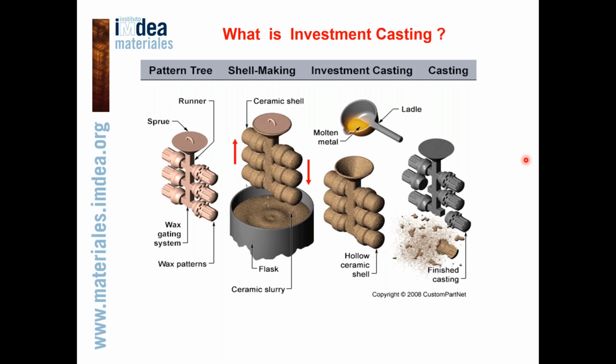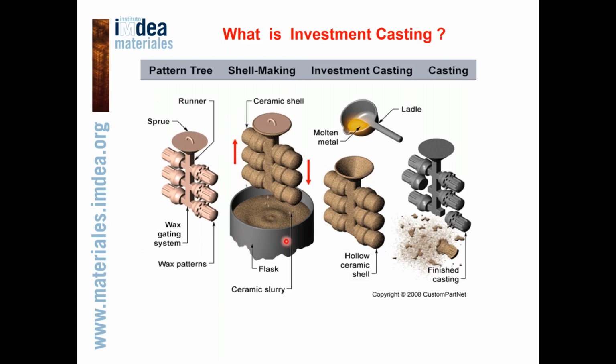Investment casting process consists of many steps, and the first step is to manufacture the wax pattern tree for the process. This is done by attaching the wax patterns of complex shaped parts to be manufactured to a wax bar, which serves as a central sprue. Also, a ceramic pouring cup is attached to the end of the bar. This setup is called the wax pattern tree.